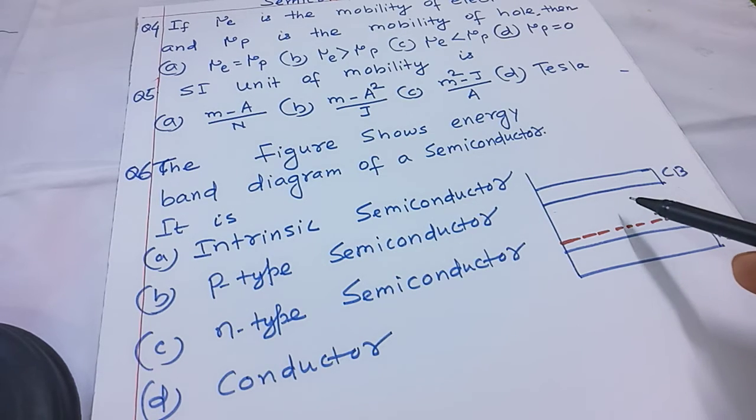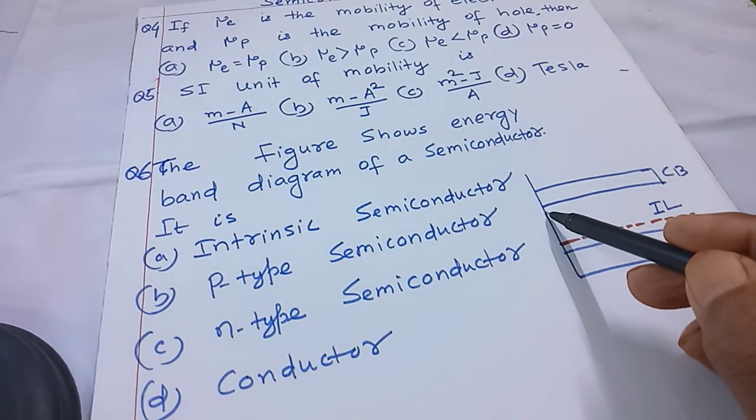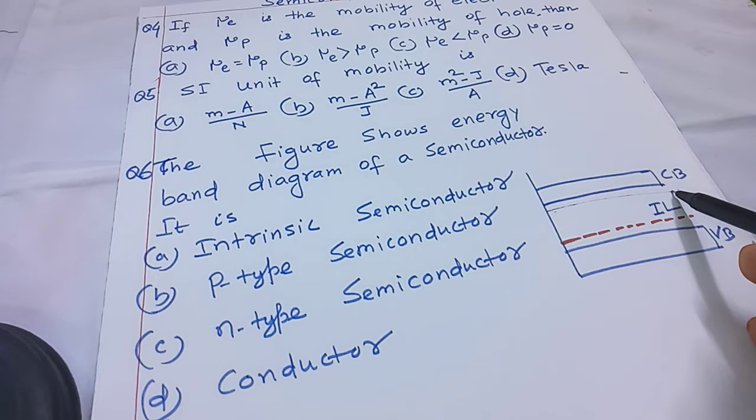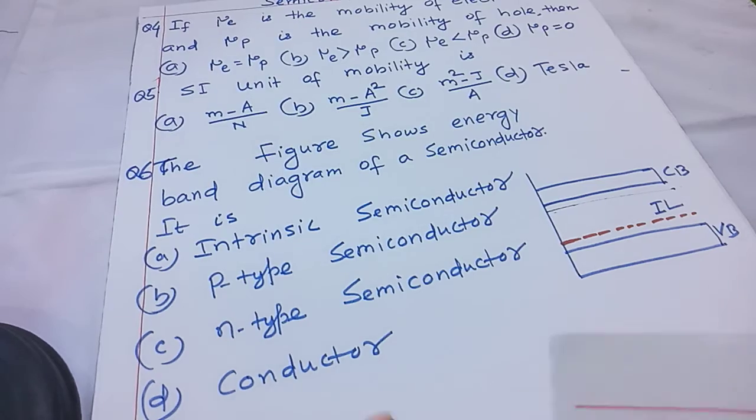And similarly in N-type semiconductors, electrons are the majority carriers because the impurity level, called the donor level, is obtained just below the conduction band, so that electrons from the donor level can be transferred to the conduction band, resulting in a large number of electrons in the conduction band. That is why in N-type semiconductors, electrons are the majority carriers.